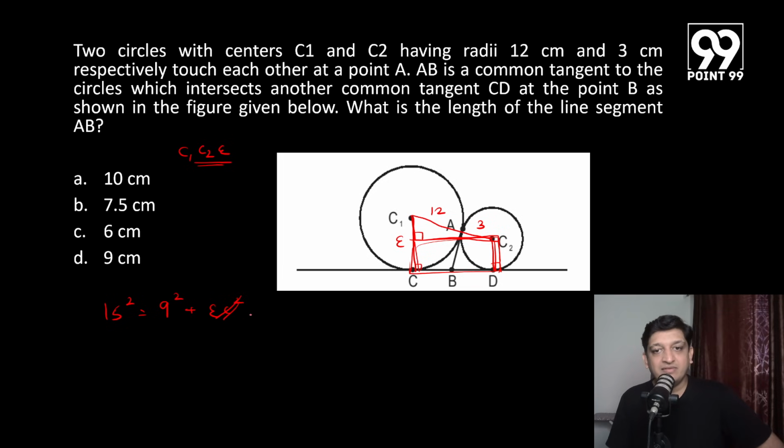So EC square will be the same as CD square, right? Which basically is CB plus BD. We'll have a look at it, but CD square is what we have got here. Now, of course, 15 square, 9 square, you know that CD should be equal to 12 because it's a Pythagorean